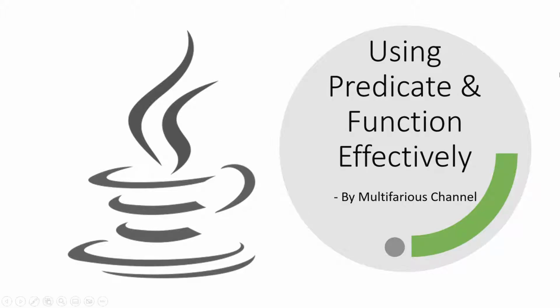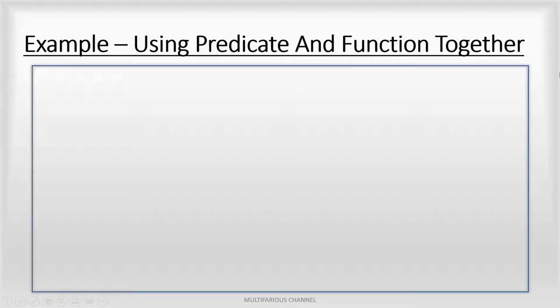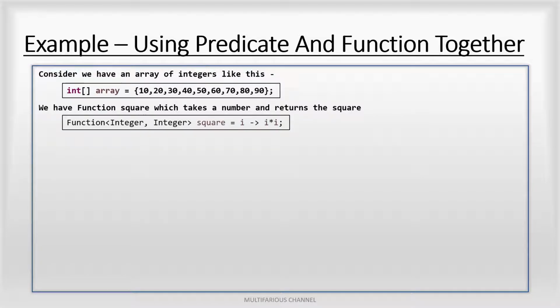So let's take an example here. Let's consider I have an array of integers like this. Then let's say I have a function square which takes a number and returns the square of the given number. So my function will look like Function<Integer, Integer> square = i -> i * i. Then let me write a predicate which will check if the given number is less than 1000